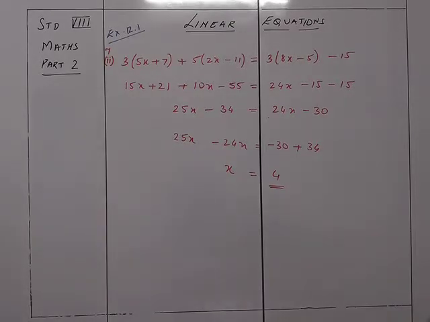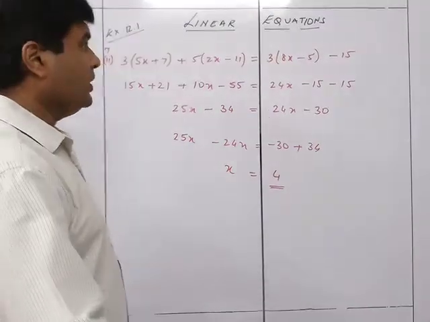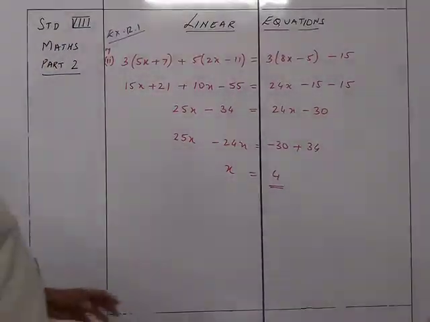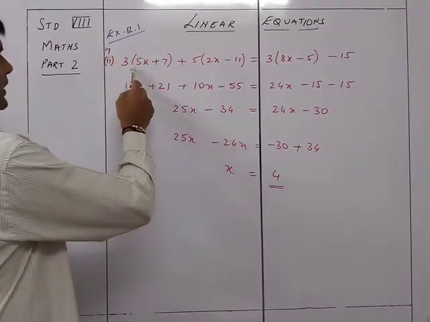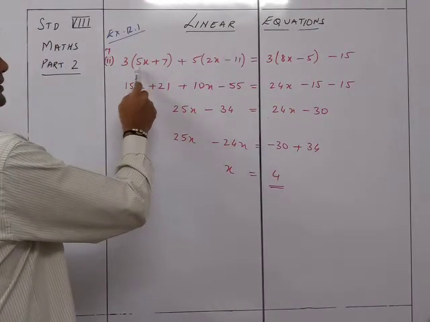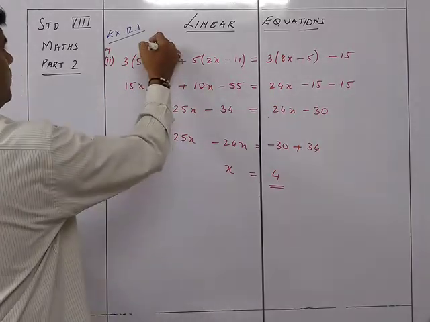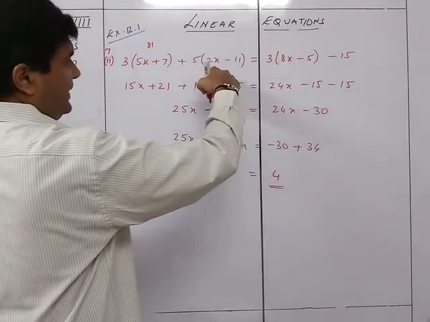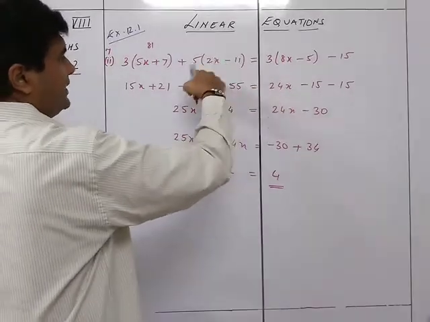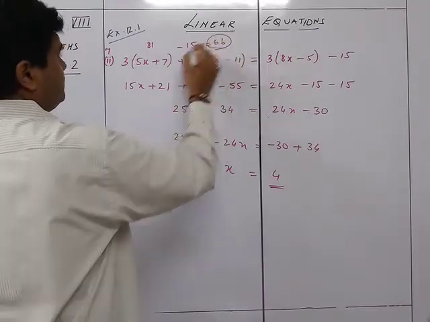Okay, I don't think there is any mistake in my sum, because even if I cross check over here, I can see that if I make the value of x as 4, then 5 times 4 is 20, 20 plus 7 is 27, 27 into 3 is 81. And this will be 4 times 2 is 8, 8 minus 11 is minus 3, into minus 15. So that will be equal to 66. So this part is 66.